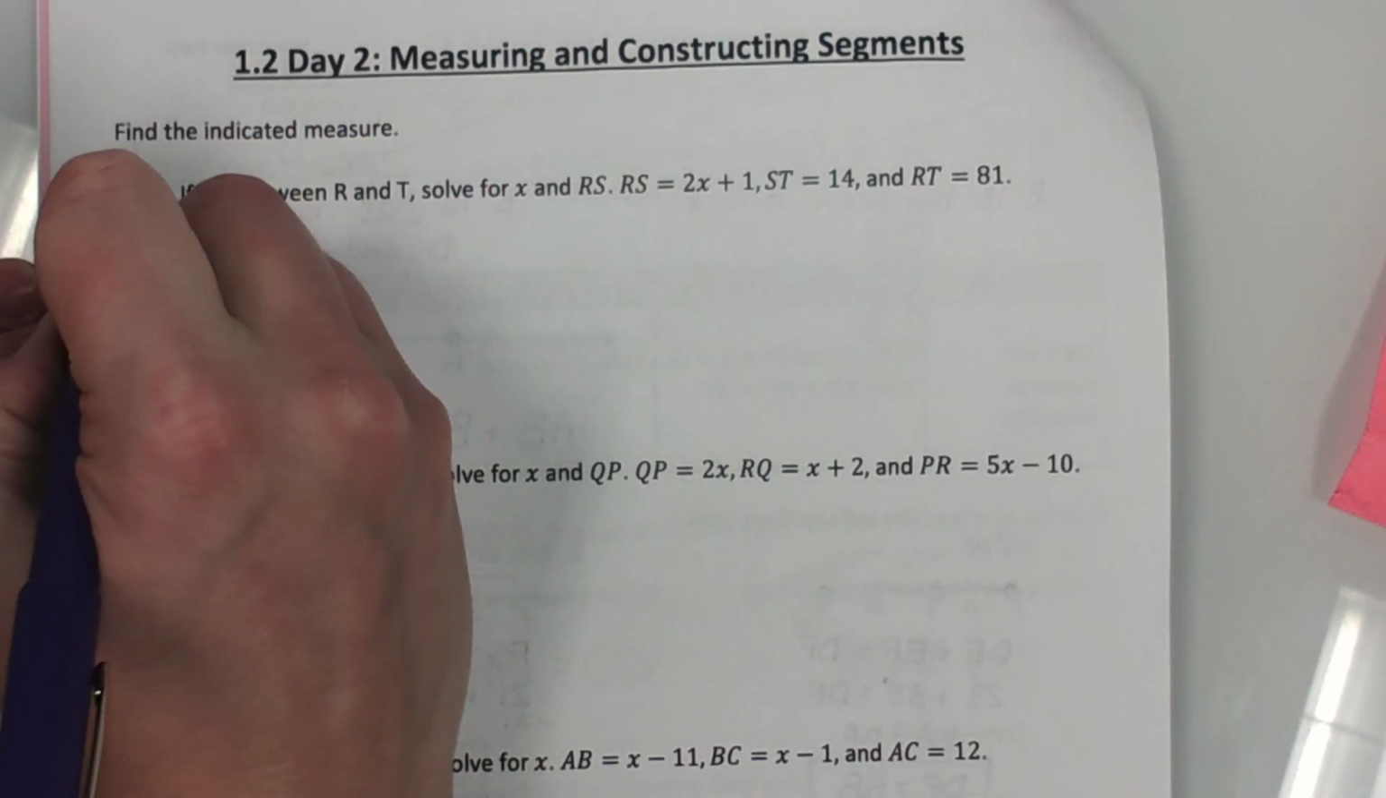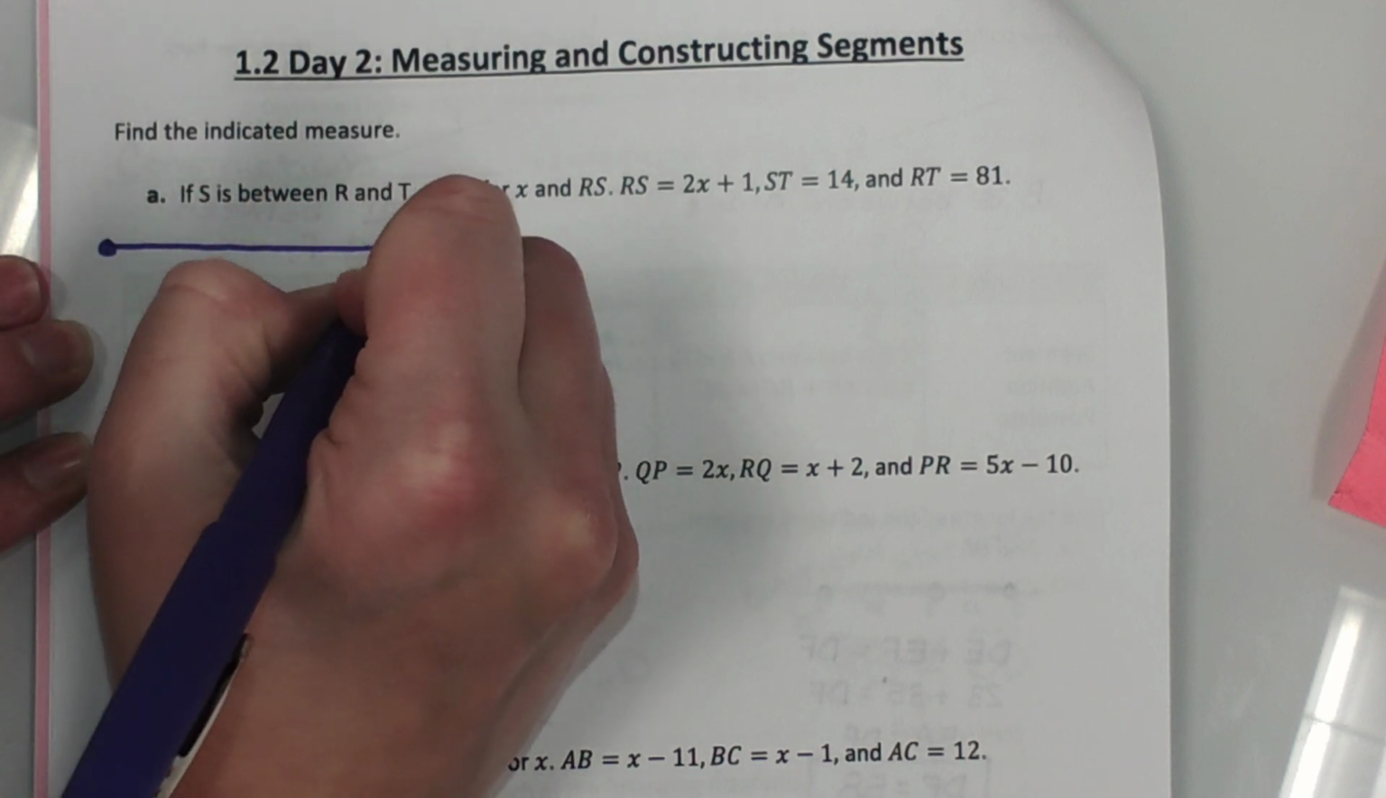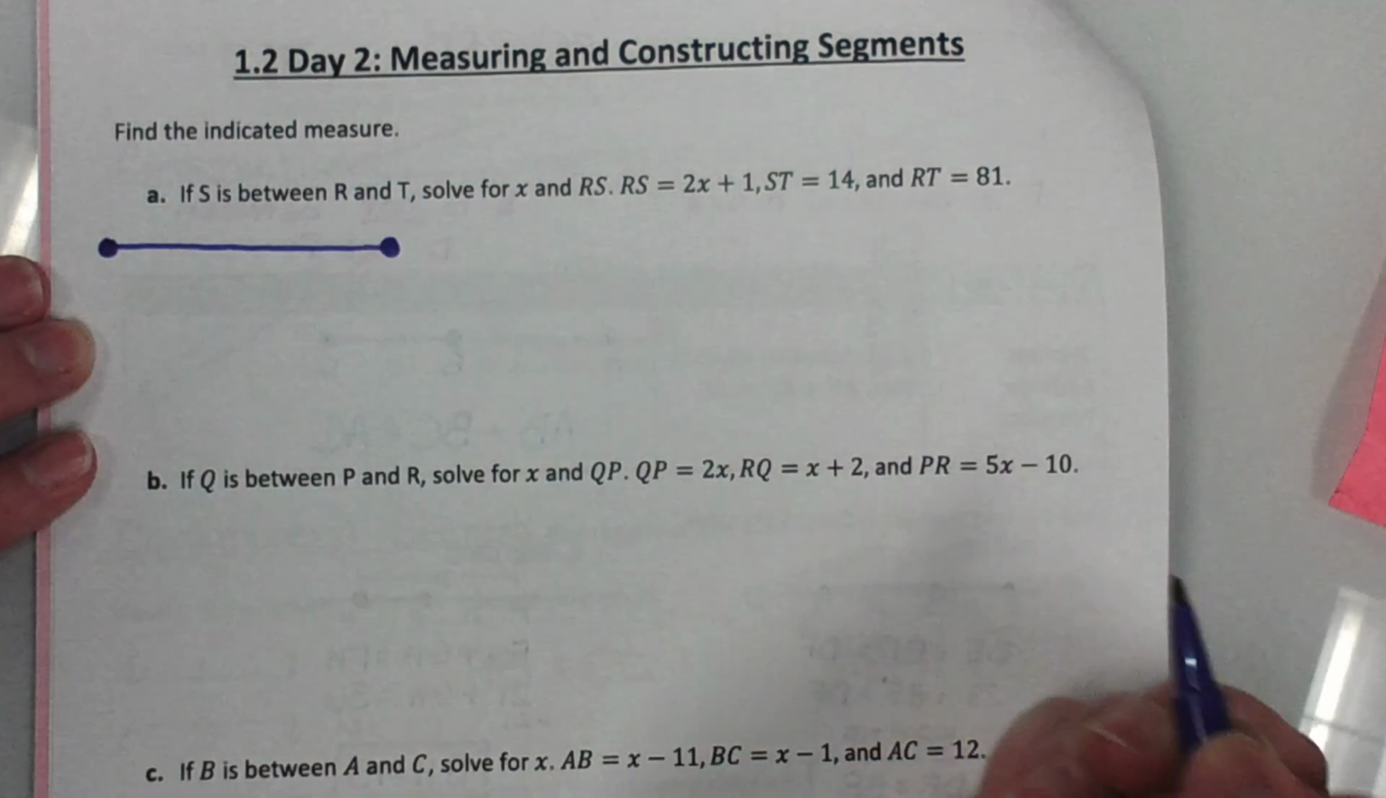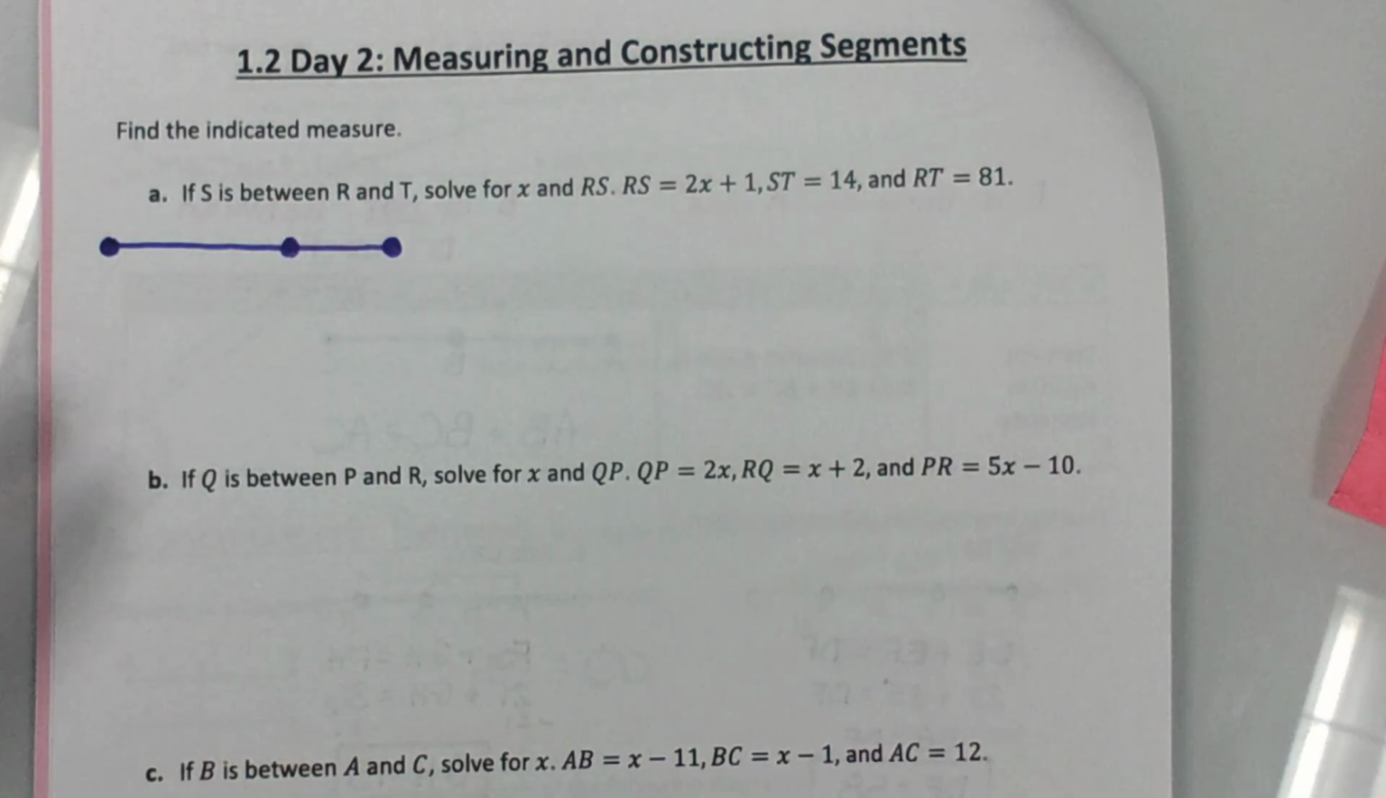So, I'm going to draw myself a segment. 2 points are the end points, and then I'm going to draw 1 point somewhere in between. I don't necessarily want it directly in the middle, because I don't want to mix it up and think it is perfectly in the middle. And then you label your 3 points. If S is between R and T,